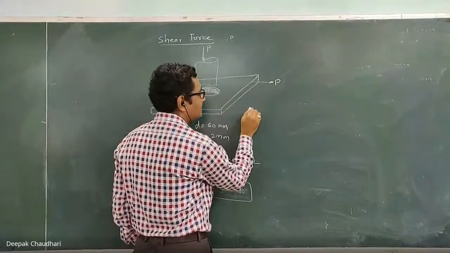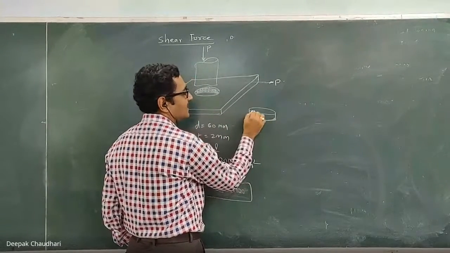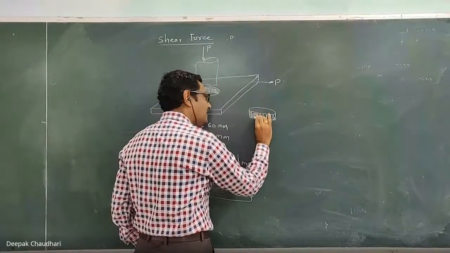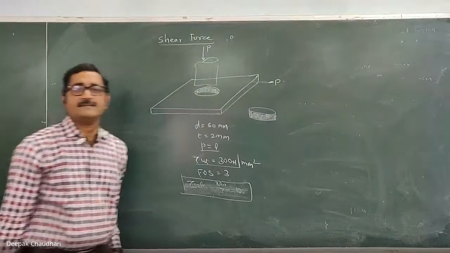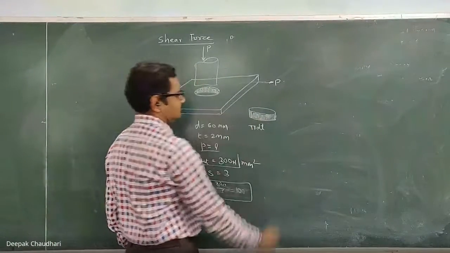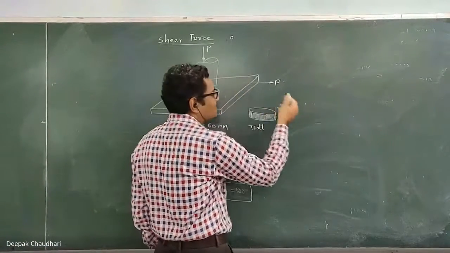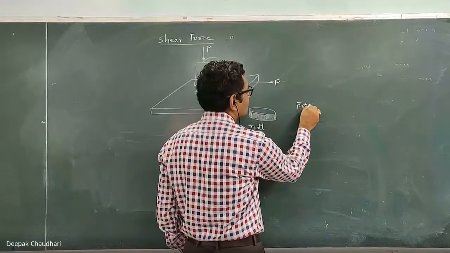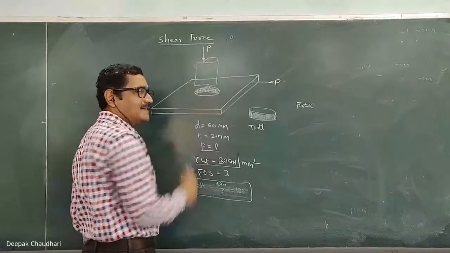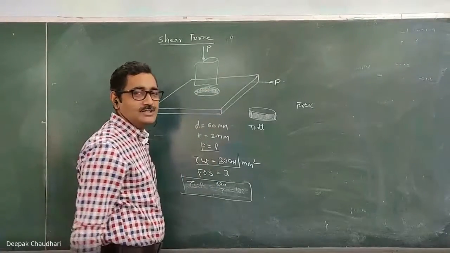If I show the part which will come out of that plate, such a cylindrical part will be there, and this is the area under shear. Because of this punch, the material will shear off along this surface, whose area under shear is pi dt. We have to calculate how much force P is required to punch the hole. Actually, the force you apply on the punch is compressive in nature, whereas on the plate it is the shear force, acting tangentially to the surface.